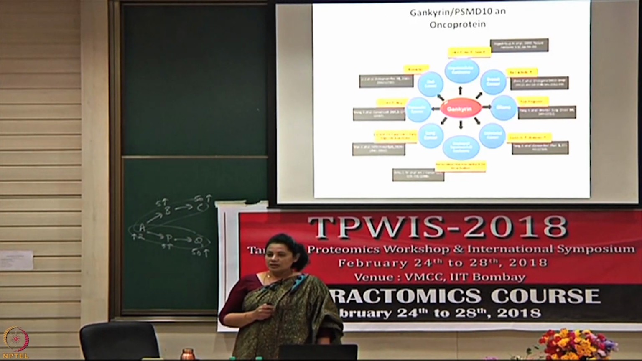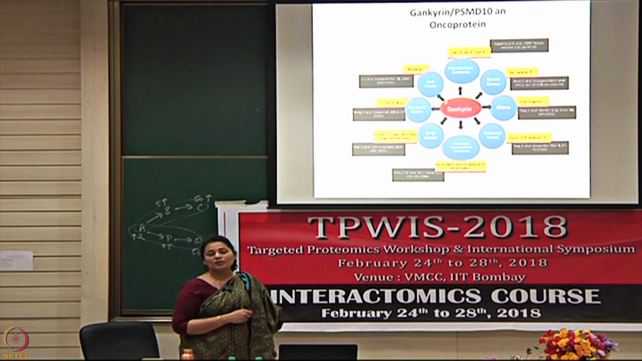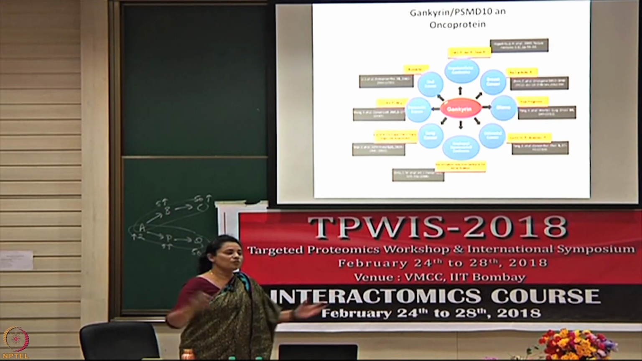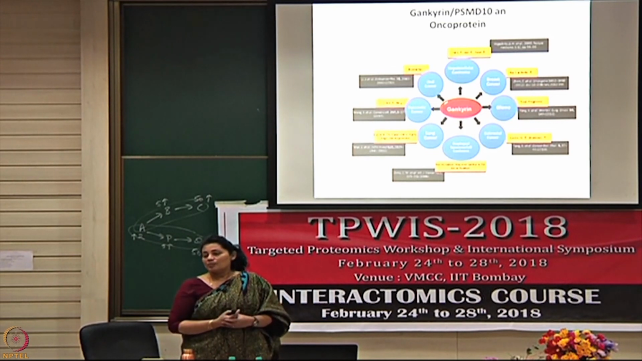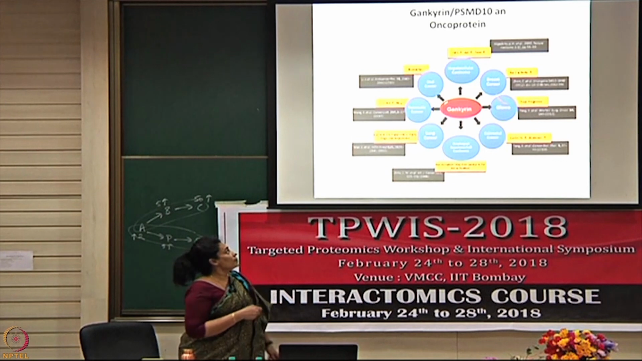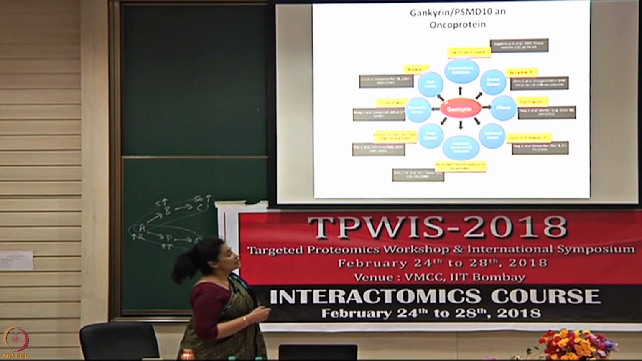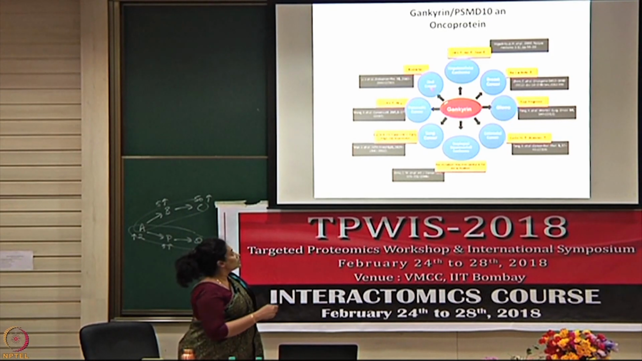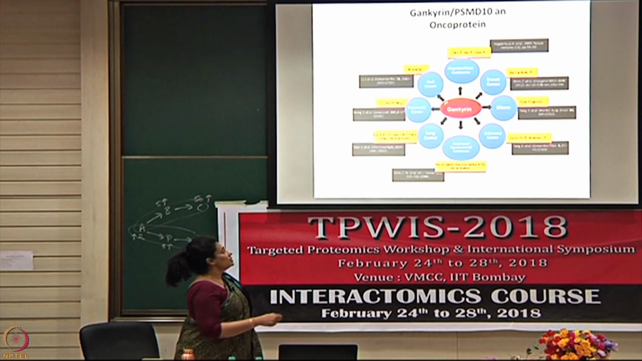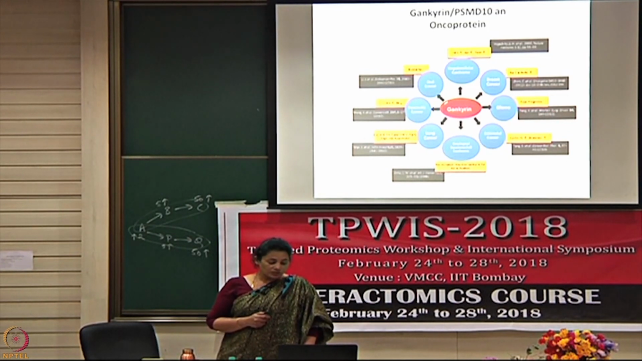So now let's go directly to the example. This is PSMD10 or gankyrin. It is a proteasomal assembly chaperone. Don't worry too much about it. Proteasome is a huge machinery. For it to work, it needs to be assembled from different protein subunits, and these chaperones help in the assembly. And gankyrin also turned out to be an oncoprotein which is overexpressed in multiple cancers, and, as you can see in this, it is involved in a plethora of cancers and a plethora of